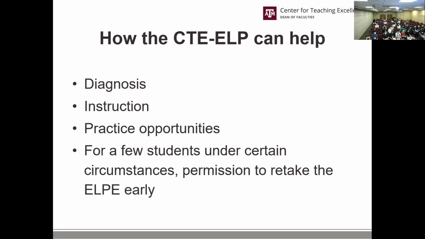For a few students, we provide another special service. That is, we can allow you to take the ELPE sooner than you otherwise would be allowed. For almost everybody, the wait time between testing in the ELPE and retesting is 3 months. So keep that in mind. You want to do well the first time, otherwise you have to wait 3 months before attempting it again. One exception is if you're in our program with an individual improvement plan, making progress and being faithful to your commitment of about 5 hours per week, we can get you in early. We can give you permission to register early.